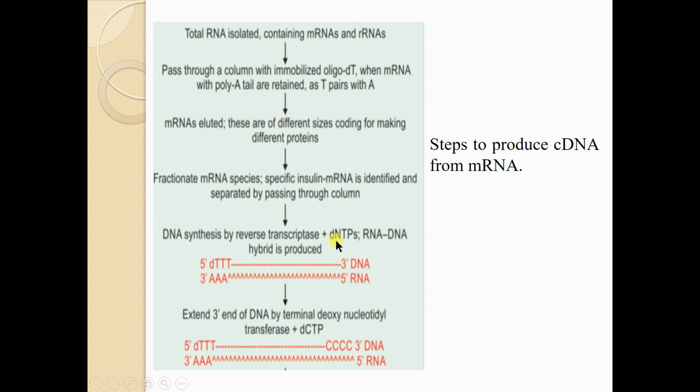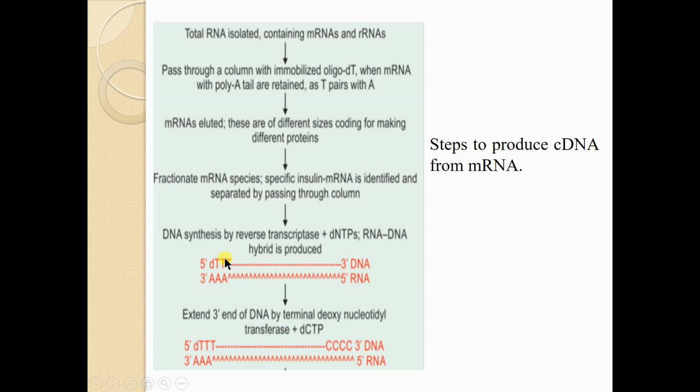As we have already introduced the deoxythymidine here, synthesis will first start with the deoxythymidine molecule, because synthesis of the new strand always occurs in the 5' to 3' direction. So this type of DNA is synthesized by the reverse transcriptase enzyme, and this DNA is not synthesized from a DNA molecule but from an RNA molecule. The DNA synthesized from an RNA molecule is known as complementary DNA.